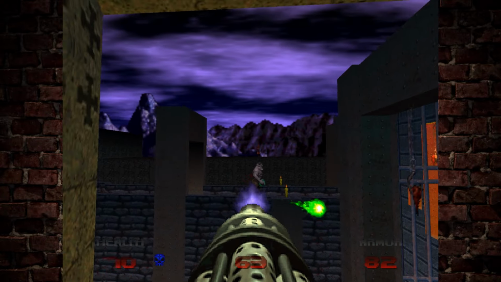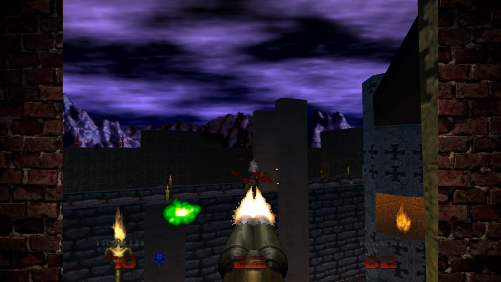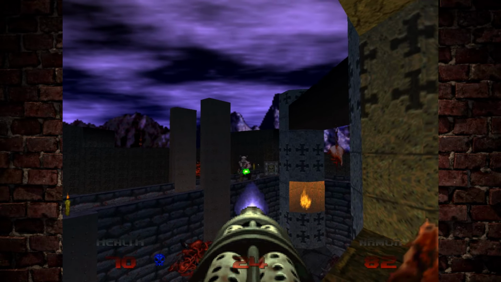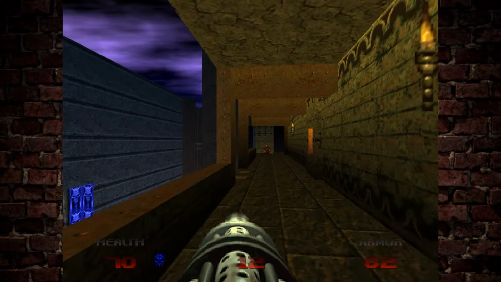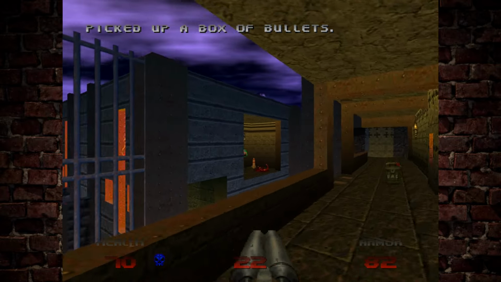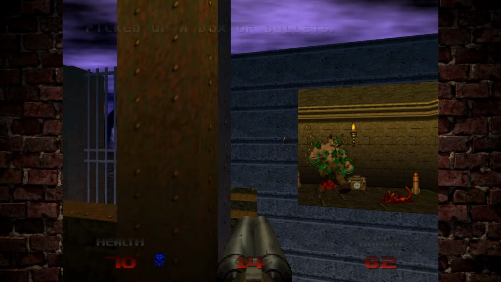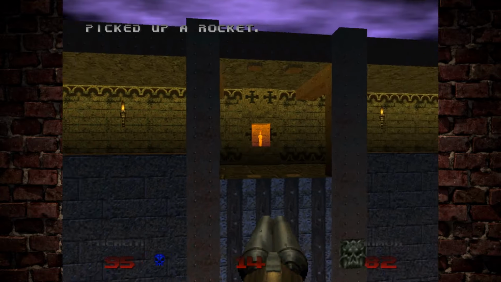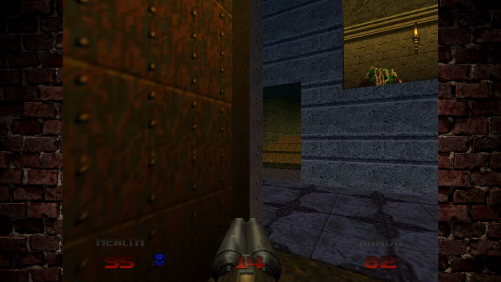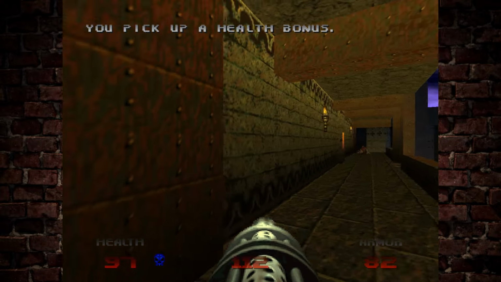It's worth getting rid of this Hell Knight here just because I don't want him chucking fireballs at me. There's a second one over here as well, so let's use the chain gun just to finish him off. Excellent. There's a supercharge over there, but we won't be getting that for quite a while yet. We're not going to be able to run across here because we're slightly lower down than the platform. Once we hit this switch,